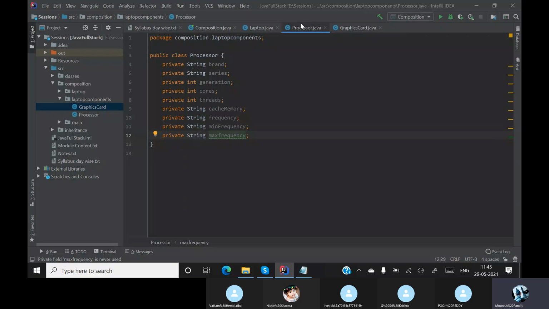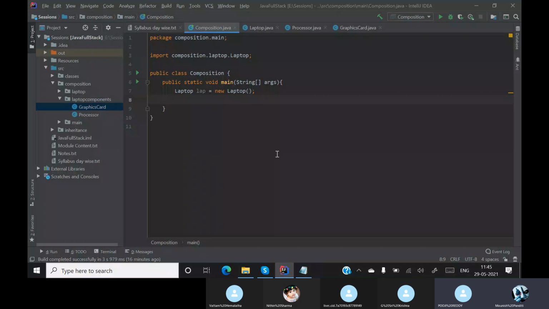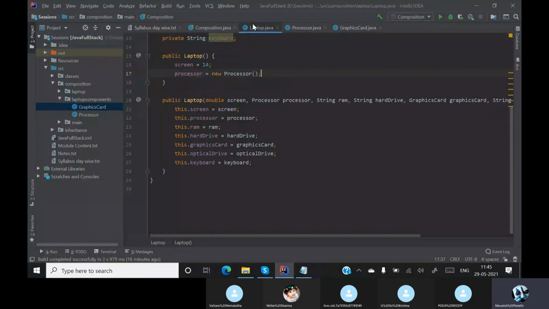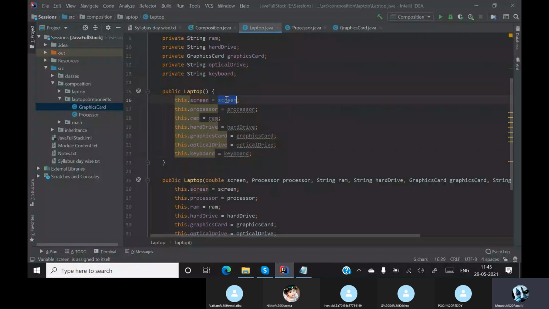Understood? Yes, sir. Okay, so now let's go back to our default values. I'll simply copy this, paste it over here, and change these values to 14. Processor will become my new Processor, as we have discussed already.